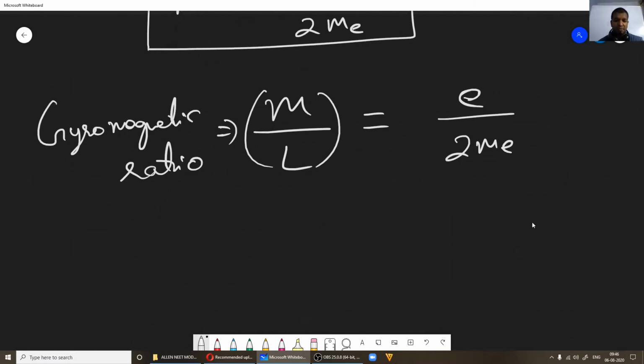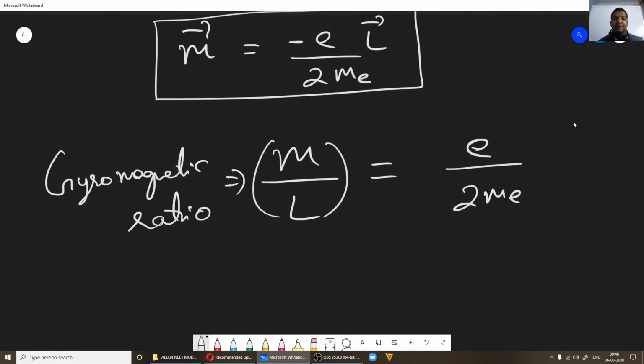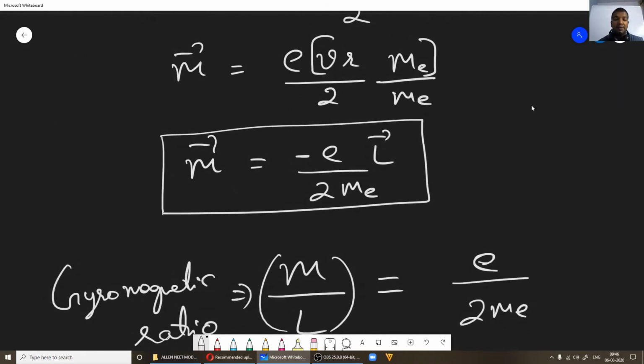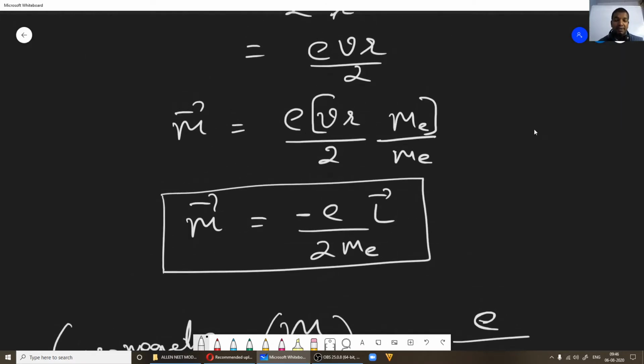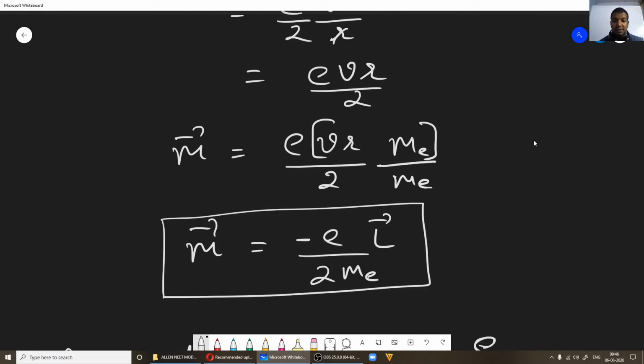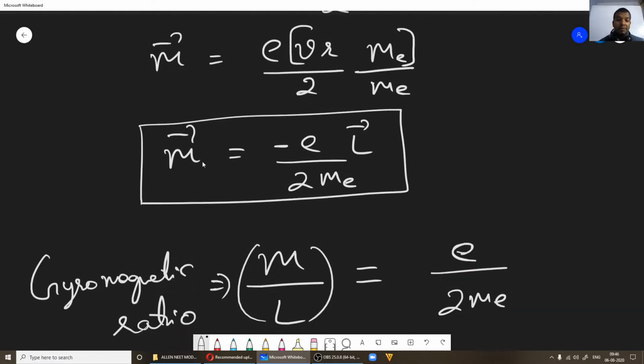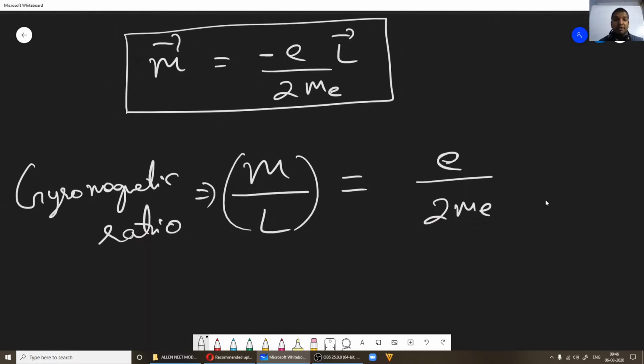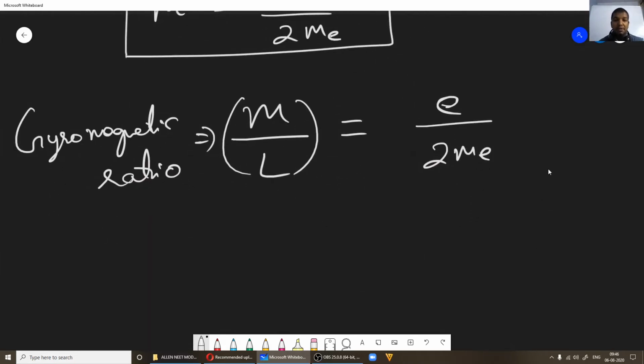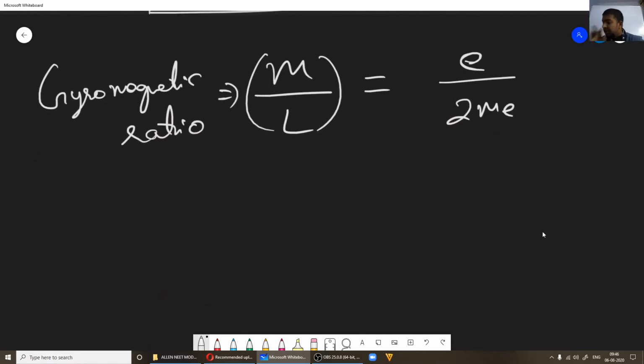All right, so this is about applying the concept of current, that is, a revolving electron is considered to be a current, because it is a moving charge. Moving charge we will consider as a current. And what is the relation between magnetic moment and the angular momentum? We have seen this already. Now let us go to the next topic.